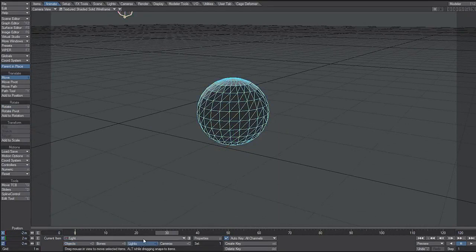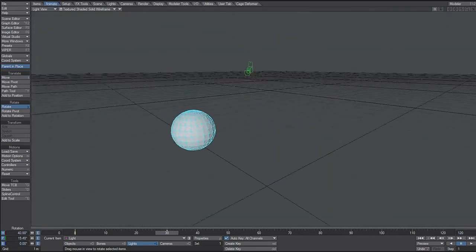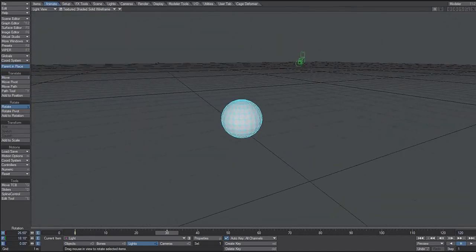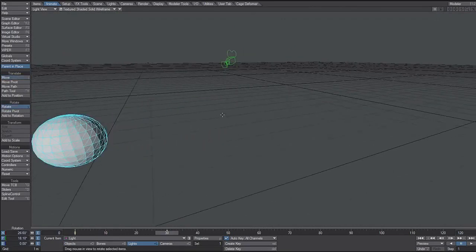In the lights mode, let's see what it toggles. It toggles the same, move and rotate. So actually moving the light, or if we go to our light view here and look through our light, now we're seeing through that light view, and now I can move that light just like I move the camera by toggling the move and the rotate